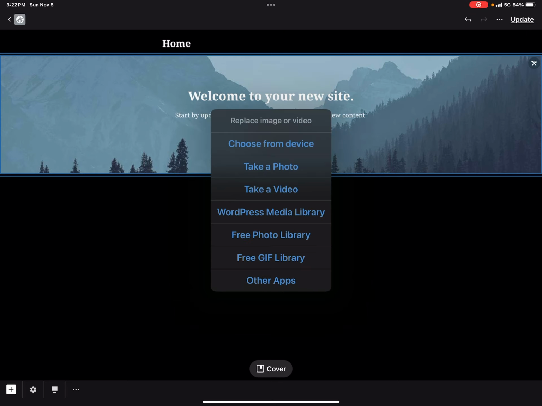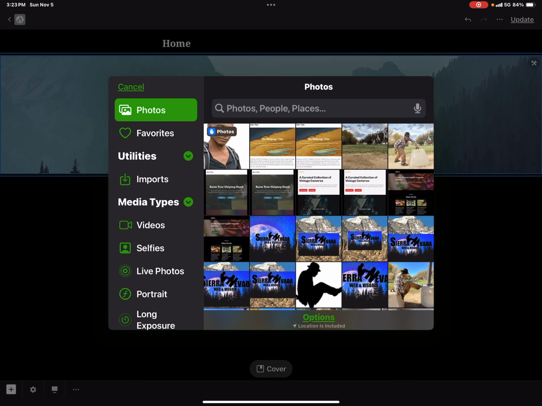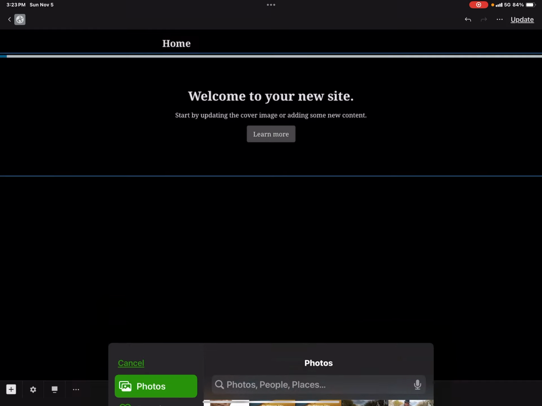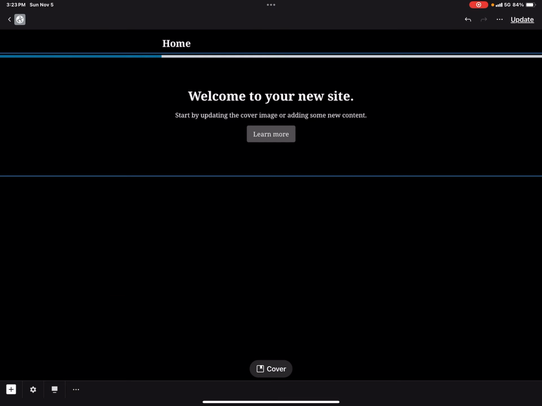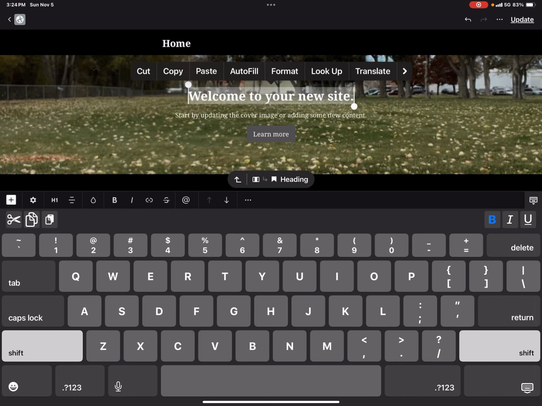I'm going to replace it with, how about something from my own library? Here we go. And here it is. I just replaced the image that was there with an image that I had created on my device. And that would work the same way with you. Now here you can change "Welcome to your new site." You can change this text to